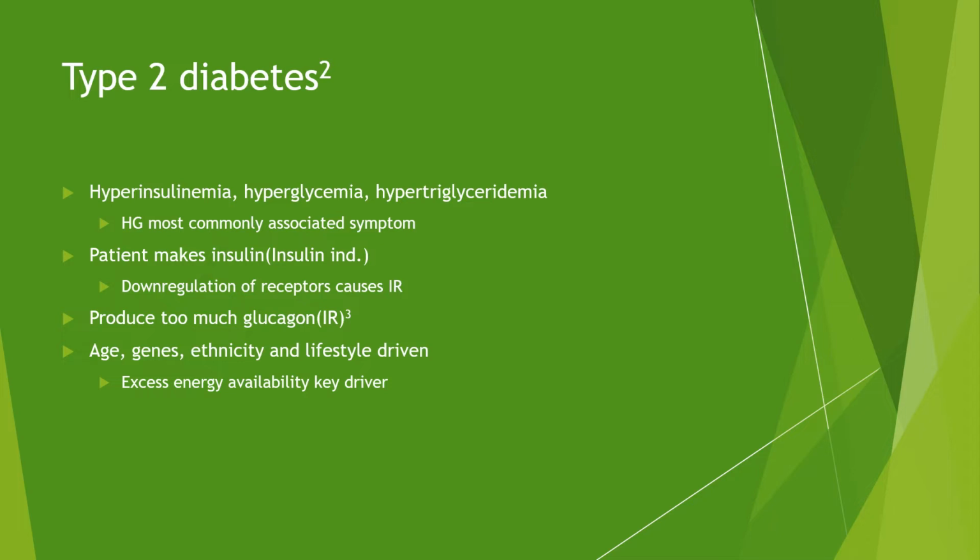What's interesting about this as well is that the cells that are secreting the insulin are called beta cells, but the cells that secrete glucagon by the pancreas are called alpha cells. And what happens is these also become insulin resistant. Insulin will generally shut down glucagon release, but what happens when these alpha cells become insulin resistant is that we are getting too much glucagon